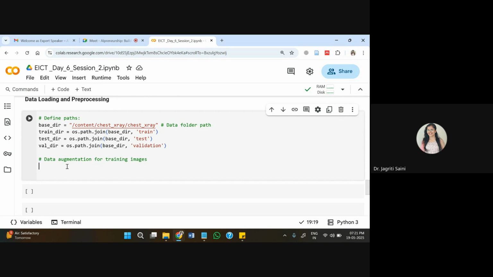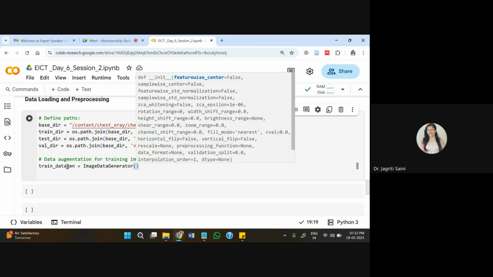We can use rotation, zooming, flipping techniques, etc., to increase the number of samples in the training data. For this, I'll use train data gen, and I'll pass the ImageDataGenerator function that we loaded in the beginning.